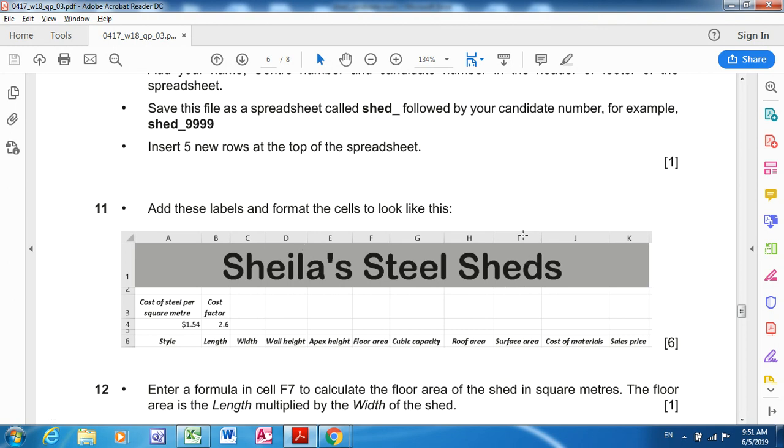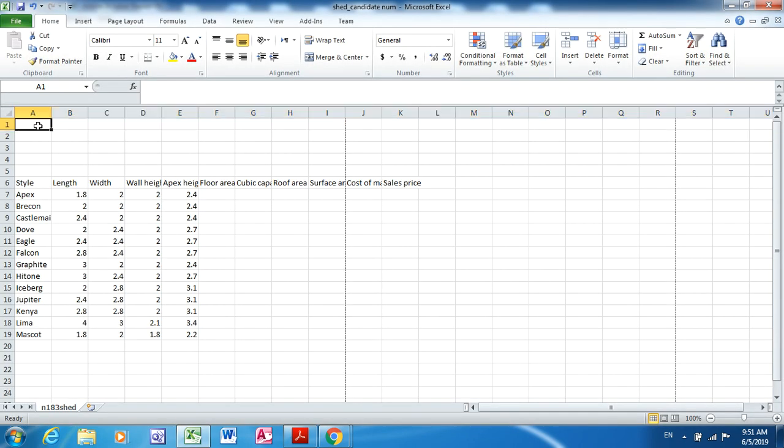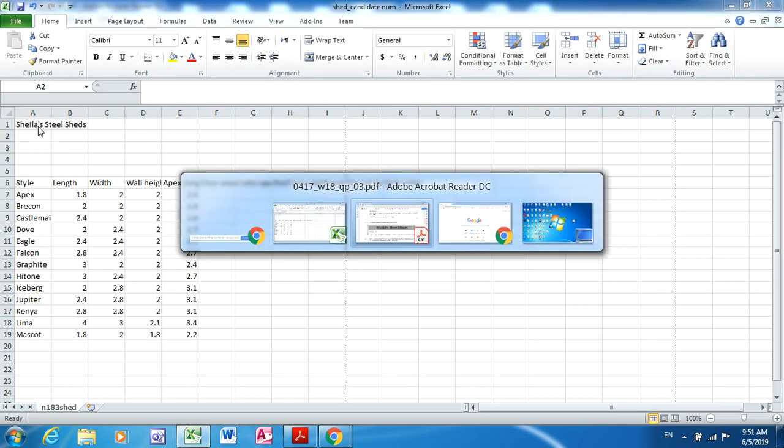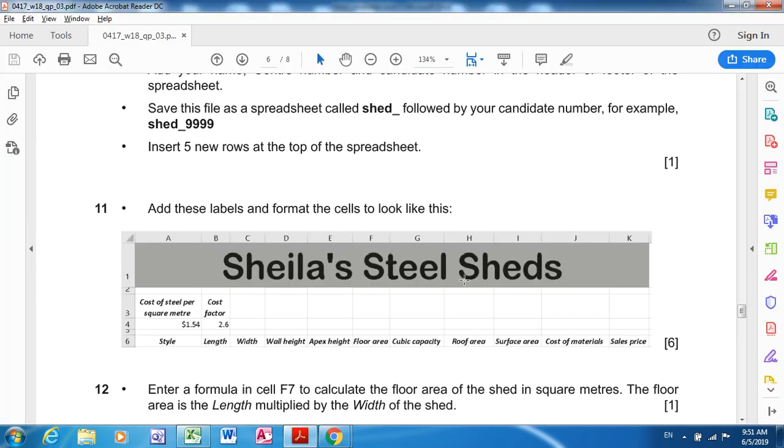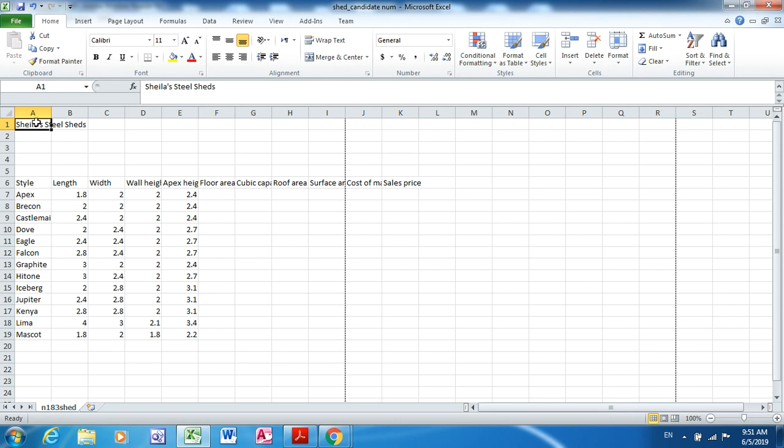So these things you have to enter in your spreadsheet. Shayla's steel sheds. So first start from here. You have to be very careful regarding the spellings. Shayla's steel sheds. This is made a little bigger and cells A to K, as you can see, cells A to K are merged together. So select cells A to K, merge and center,